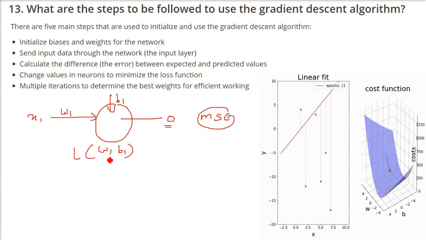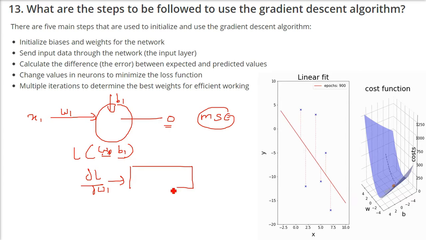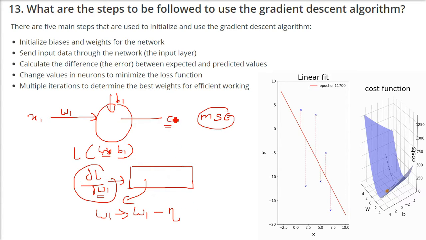We take the partial derivative, because we want to change weight 1, then weight 2. This is to be done with all the weights and all the biases. Just assume we are doing it for weight 1. When we do this, we get a value, and that value has to be deducted from the actual weight. That deduction is done repeatedly until the proper weight for a good output is achieved. So W1 is W1 minus eta delta L by delta W.